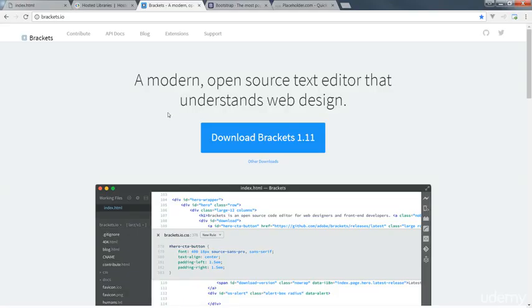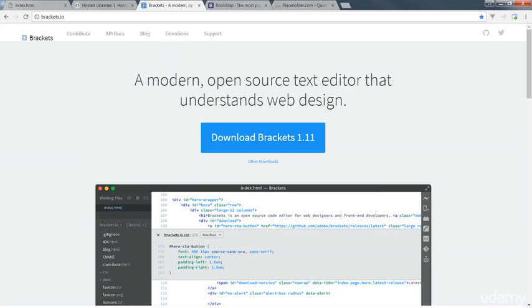So the editor that I'm using within this course is Brackets. It's available at Brackets.io. It's an Adobe product. It's free and open source. It's free to use. Works across multiple platforms. And if you already have an editor to use, then you can go ahead and use that one. If you're looking to try something new and have not tried Brackets before, or if you want to follow along with the exact editor that I'm going to be using within the course, then Brackets is the one to use,